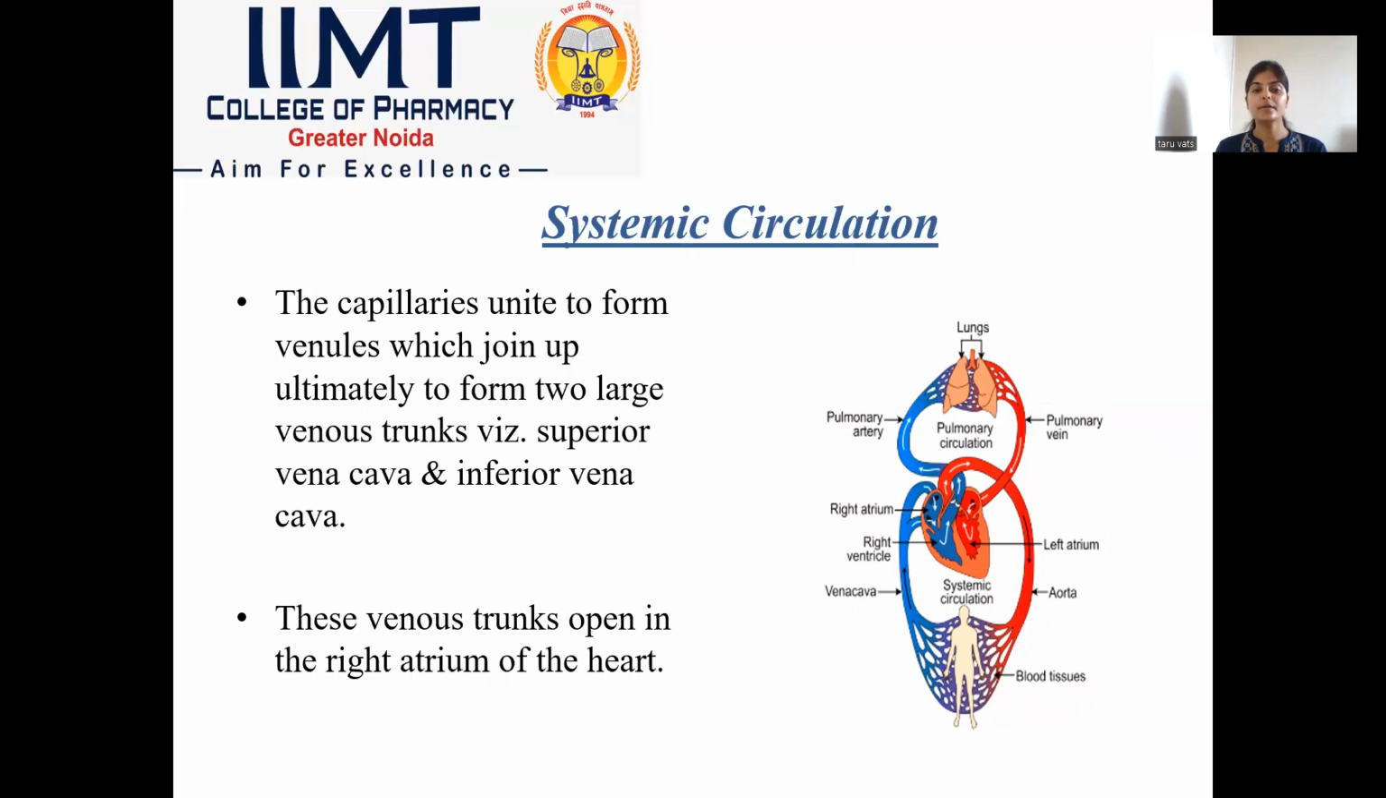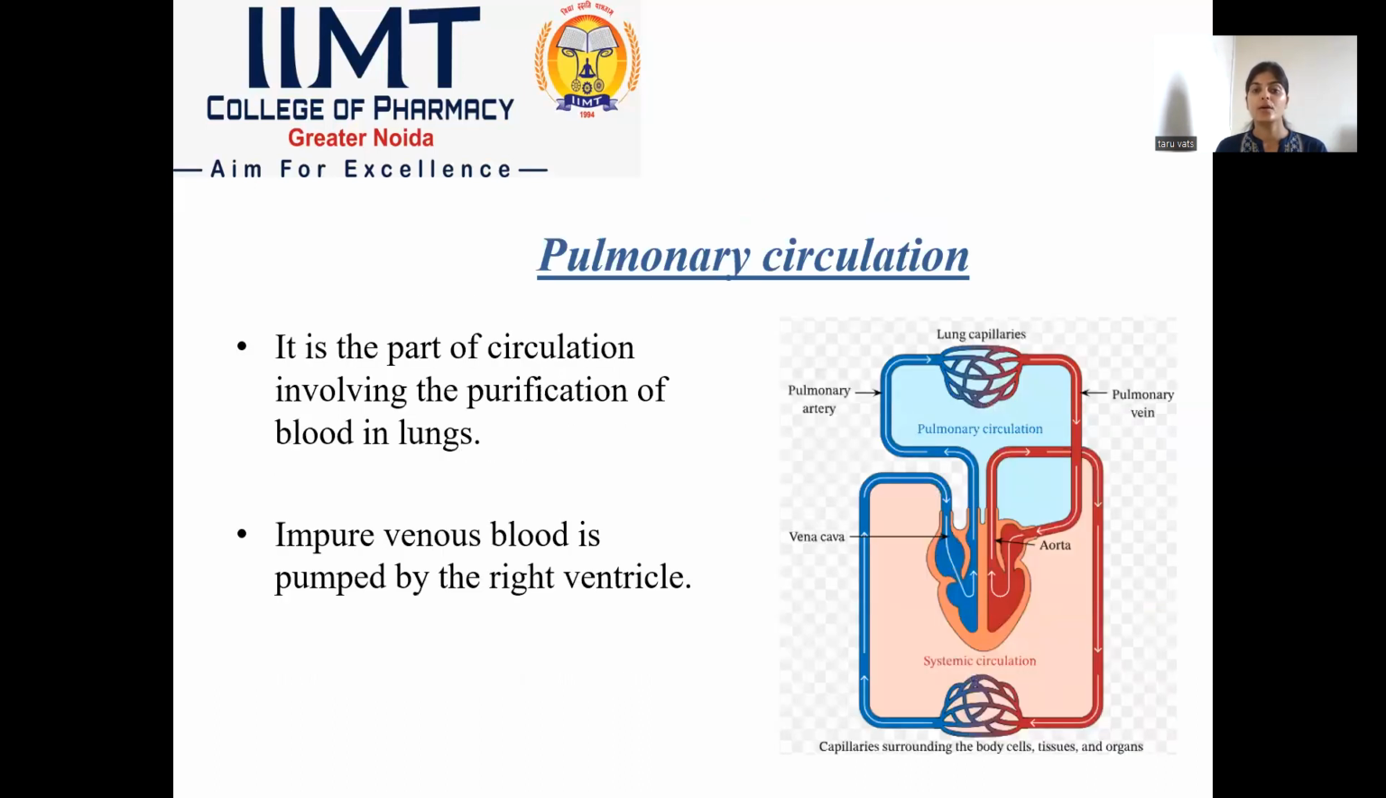Moving to the next slide, pulmonary circulation. It is a part of circulation which involves purification of blood in lungs. So, impure venous blood is pumped by right ventricle. So, from right ventricle,